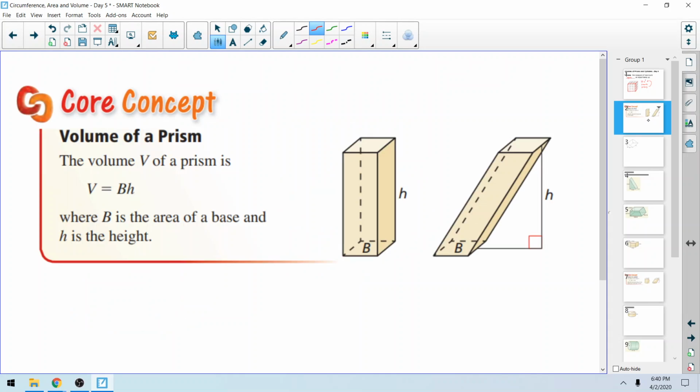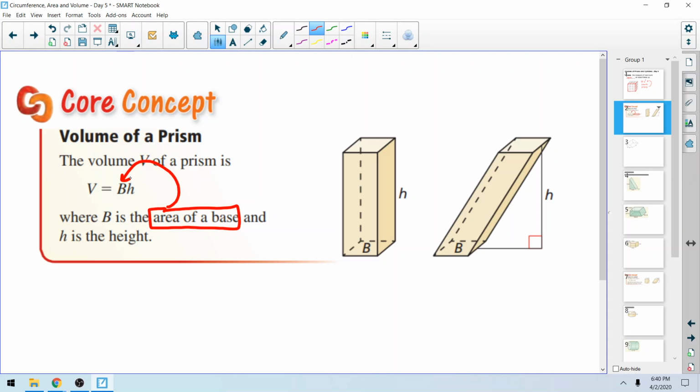Now specifically, we're going to apply that to any prism. So the volume V of any prism is V equals BH. Now the key here, do you notice that that B is an uppercase B, not a lowercase b? Typically if we're doing area of something, we have base times height. Well, this isn't just the base, it is the area of the base. So the volume of any prism is you take the area of the base and you multiply it by the